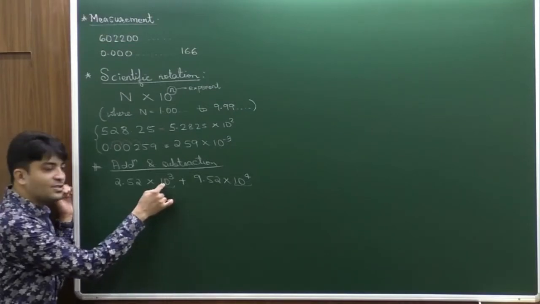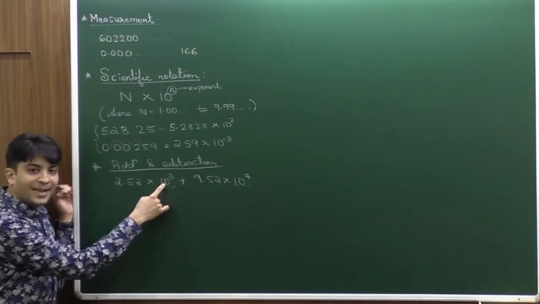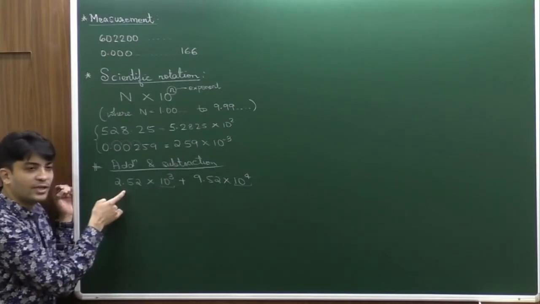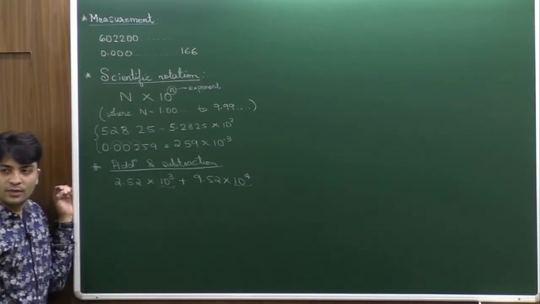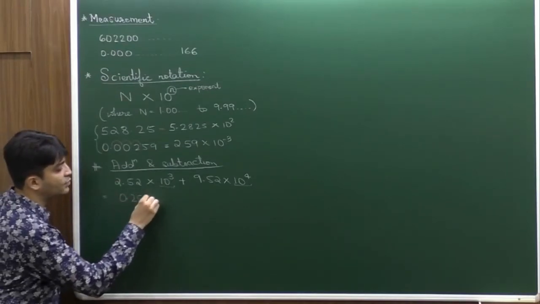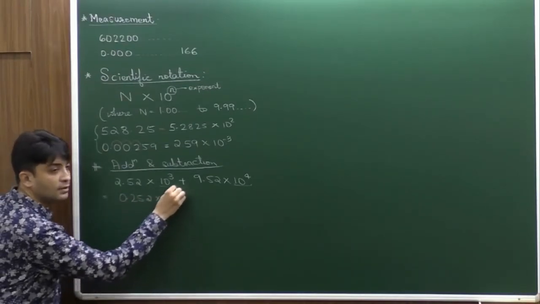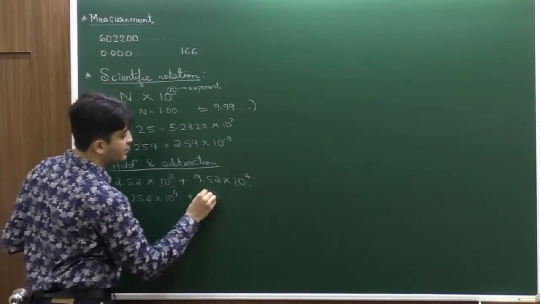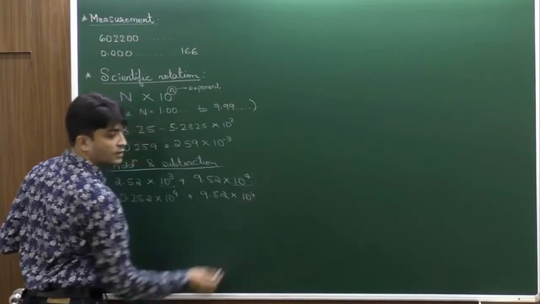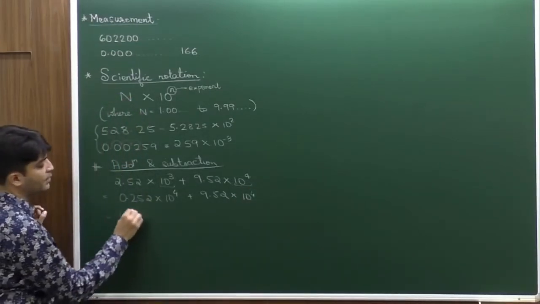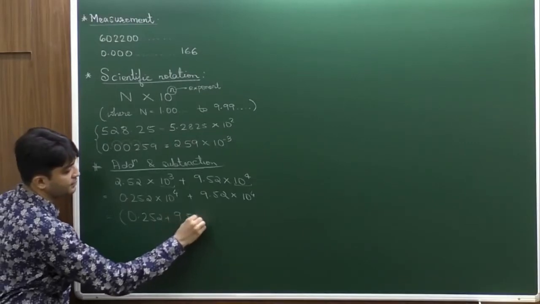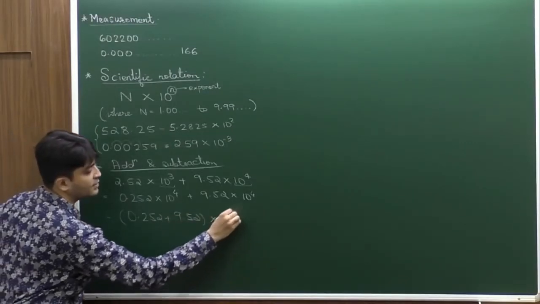You have to convert this to 10 raised to 4, मतलब you should multiply and divide by 10. तो मल्टीप्लाई किया तो 10 raised to 4, डिवाइड बाई 10 किया तो ये हो जाएगा 0.252. मतलब नेक्स्ट स्टेप शुड बी 0.252 into 10 raised to 4 added with 9.52 into 10 raised to 4. So now next step में what I do is 0.252 will be added with 9.52 into 10 raised to 4